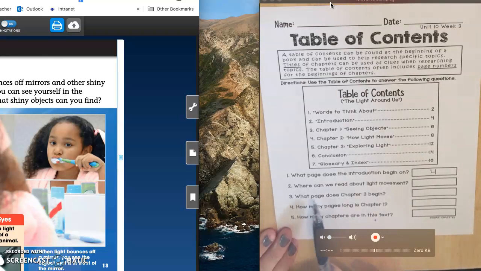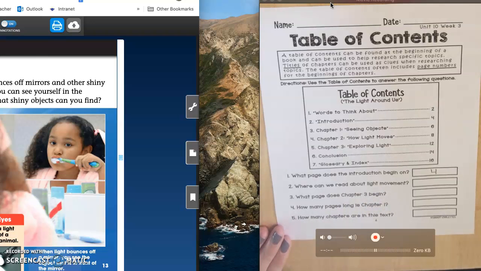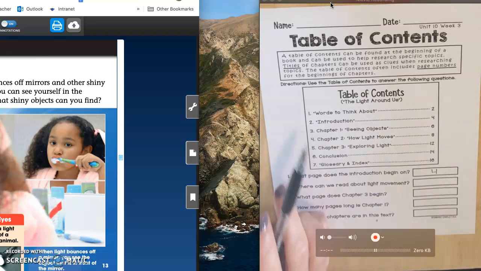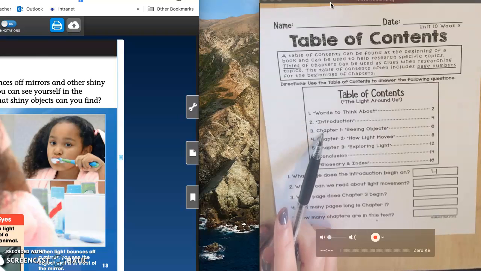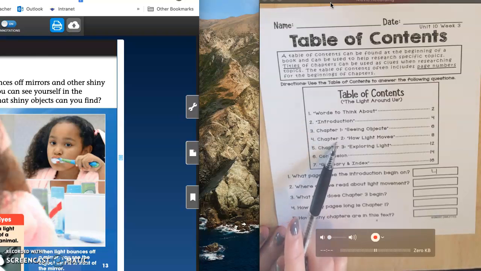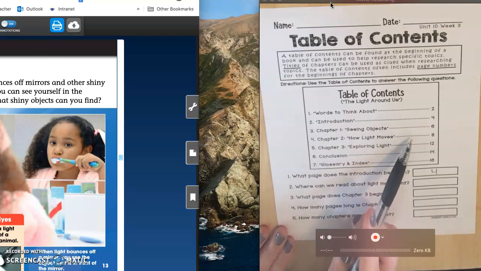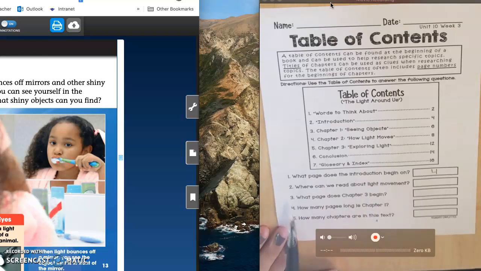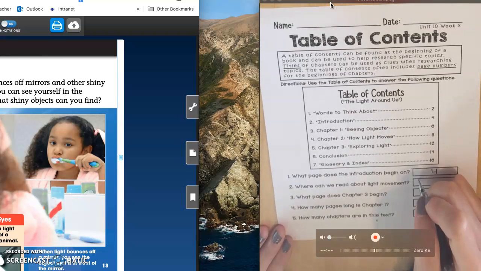Question number 2, where can we read about light movement? Look for a chapter that talks about how light moves. Oh, chapter 2, how light moves. And this asks, where can we read about it? So that is looking for the name of the chapter. So here we're going to write chapter